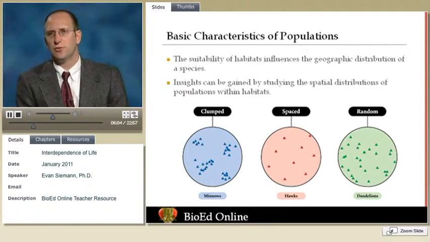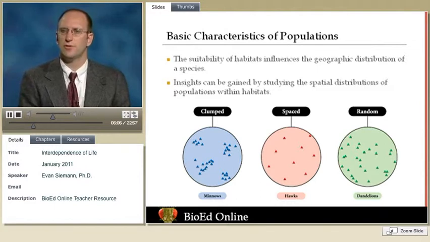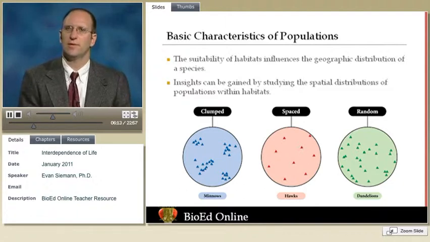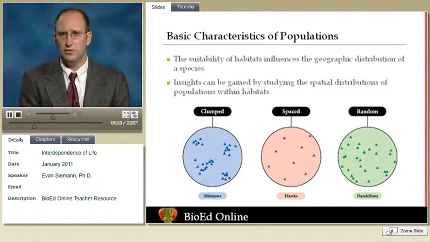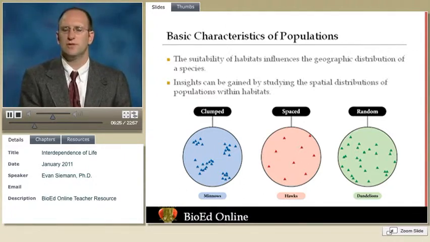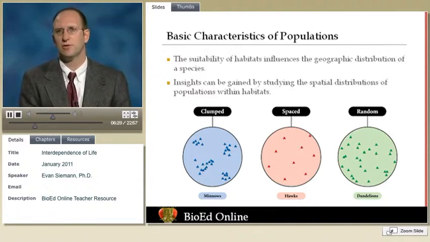The other type of distribution would be over-dispersed or uniformly distributed. So you never find clumps of individuals. They're more dispersed, more away from each other than if they were located independently from each other. Usually this is indicative of strong intraspecific competition. So if individuals compete very strongly for resources, there might be a limit to how closely they can occur to each other.